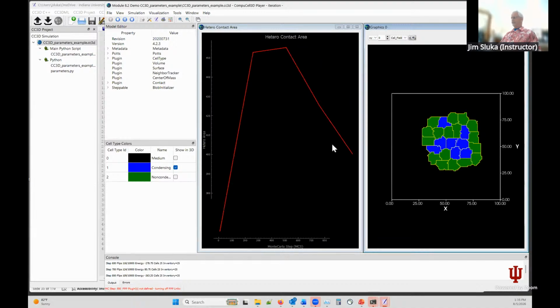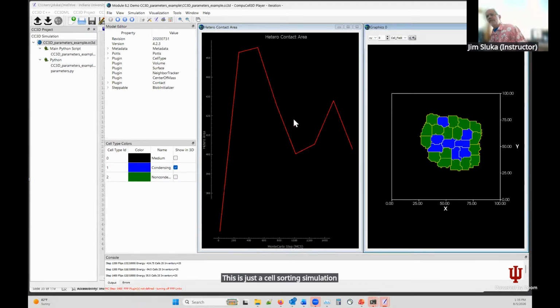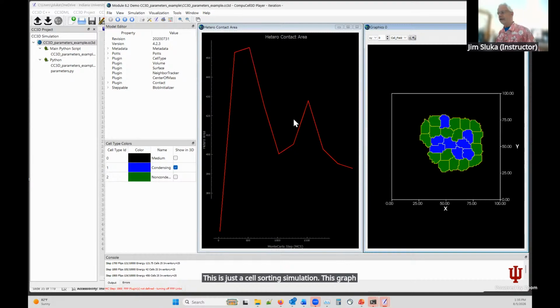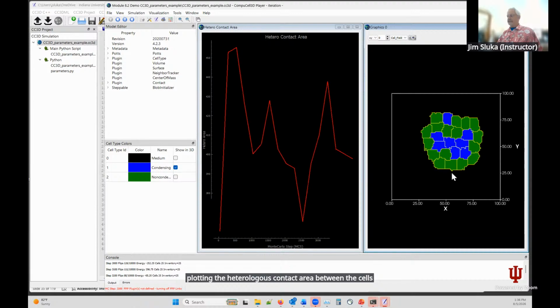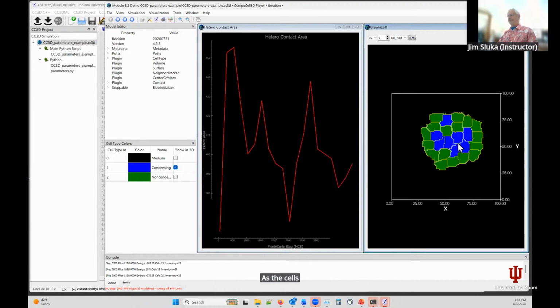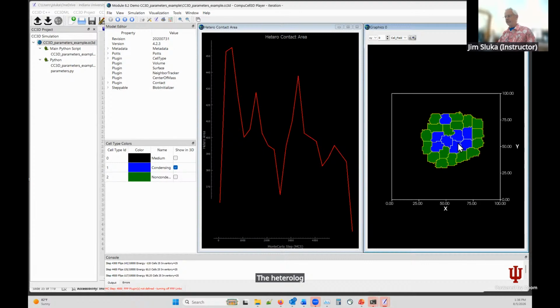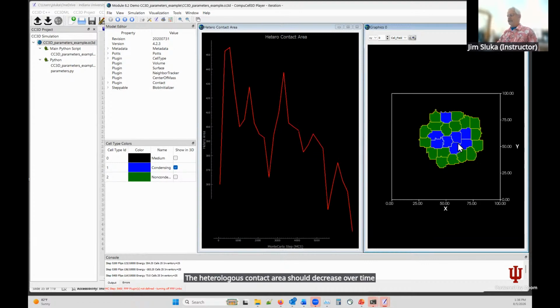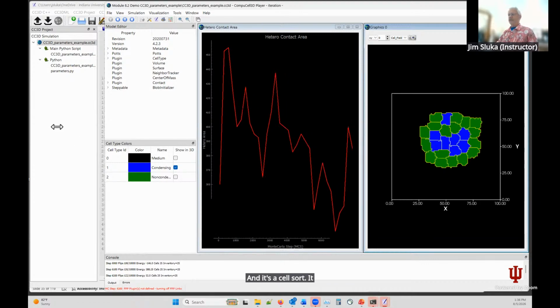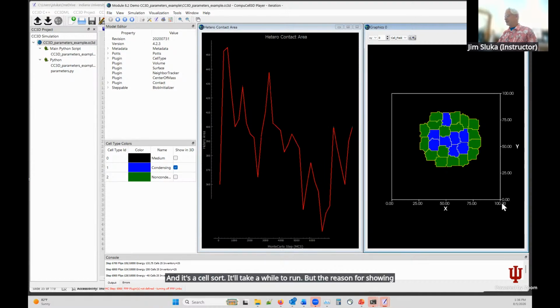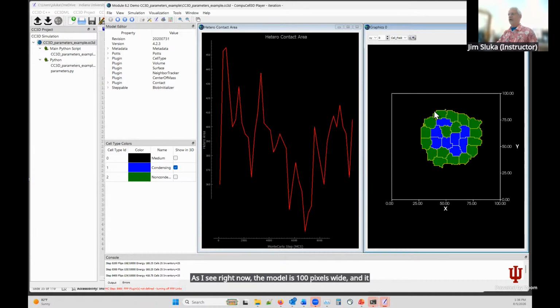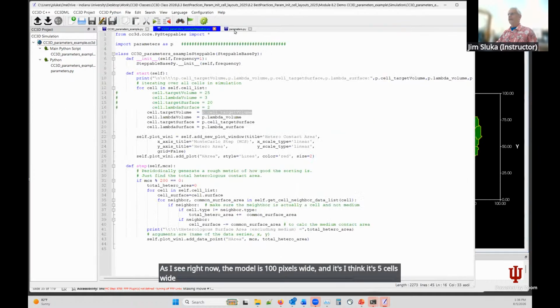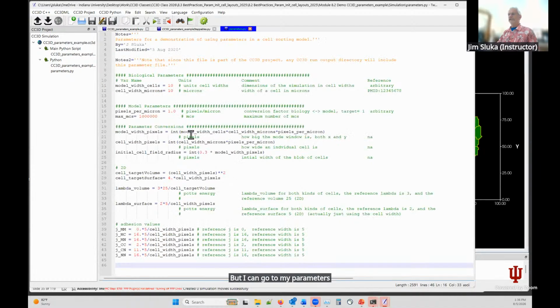This is just a cell sorting simulation. This graph is plotting the heterologous contact area between the cells. As the cells sort, the heterologous contact area should decrease over time. And it's a cell sort, it'll take a while to run. But the reason for showing this is I see right now the model is 100 pixels wide, and I think it's 5 cells wide. But I can go into my parameters file and tell it instead of 1 micron per pixel,